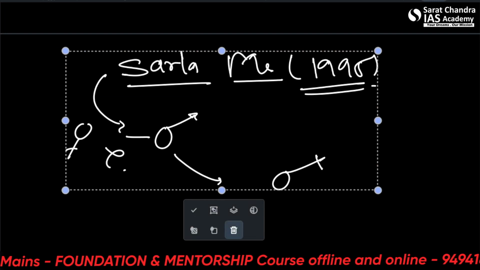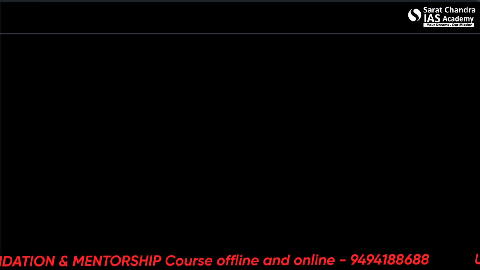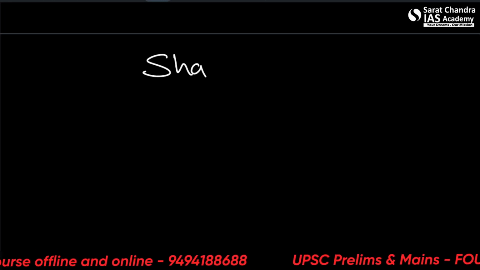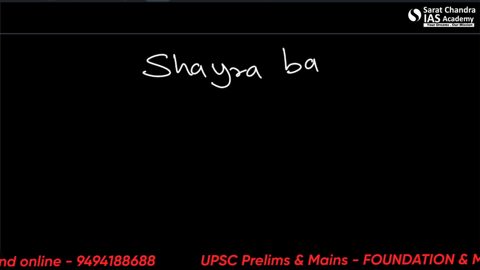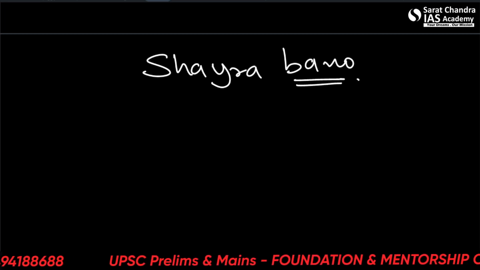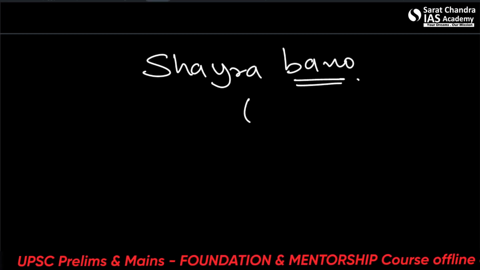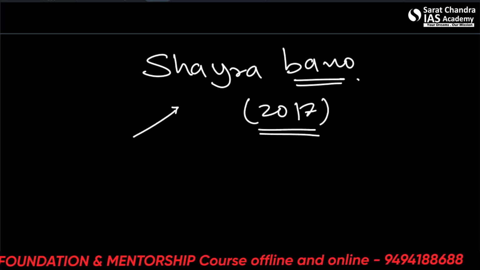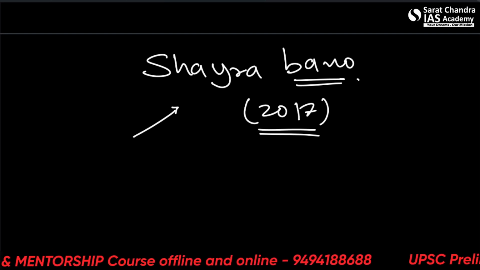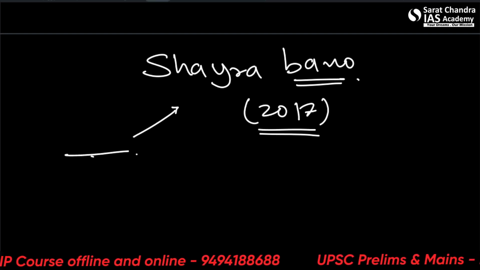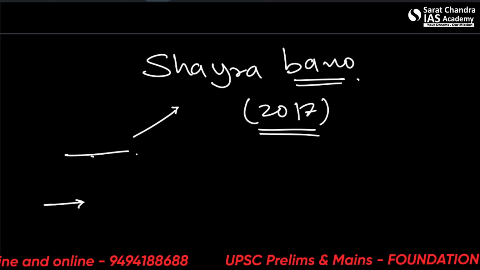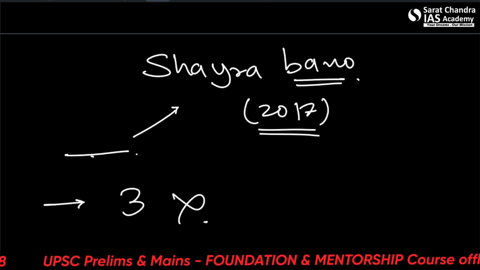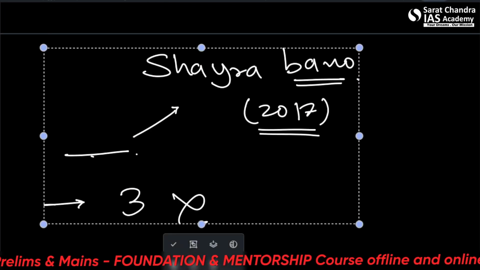All right. Another case was Shayara Bano versus Union of India. This is another, let's say, most famous case. Shayara Bano. This is different from the earlier Shah Bano Begum case. So please remember this. This case is latest as well. It was in 2017. And the Supreme Court recommended that Parliament should enact a law to regulate Muslim marriages and divorces. It also declared the practice of triple talaq as unconstitutional, a violation of fundamental rights.